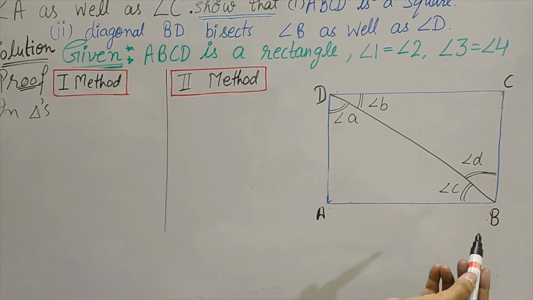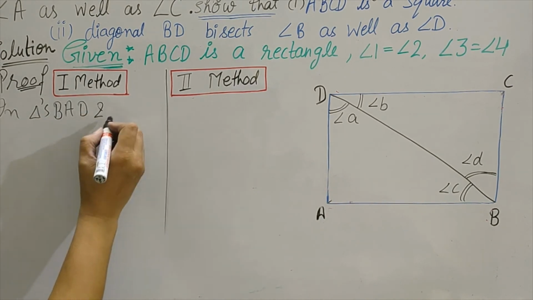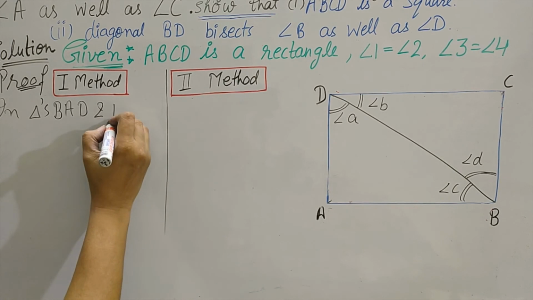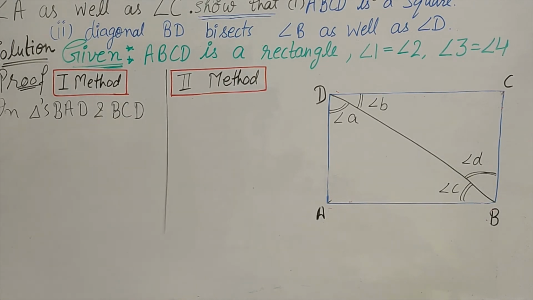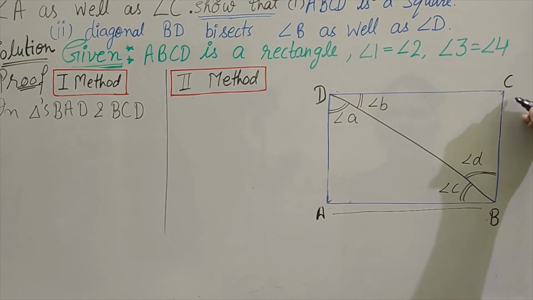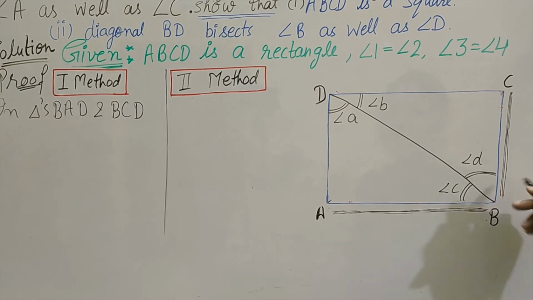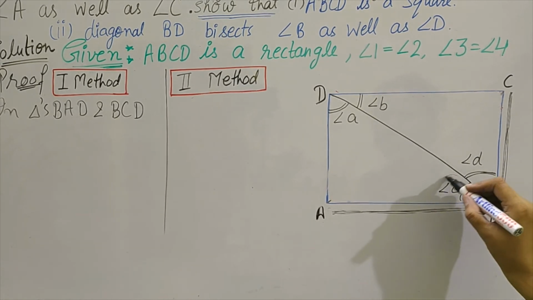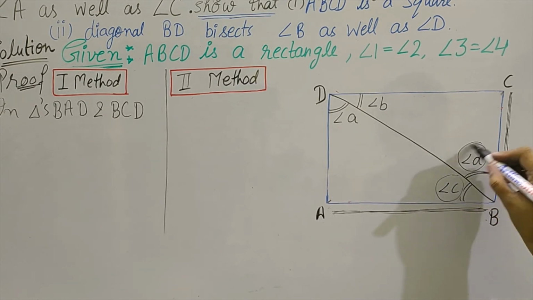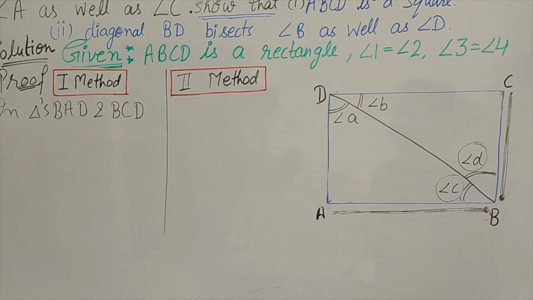If we start naming from point B, triangle BAD, and the second triangle's name we will also start from B, BCD. Same logic, because we are going to take BA is equal to BC. For the proof, we will take BA is equal to BC. Then only by CPCT you will conclude that angle C is equal to angle D, because we take corresponding points starting from B, only then can we call them equal by CPCT.